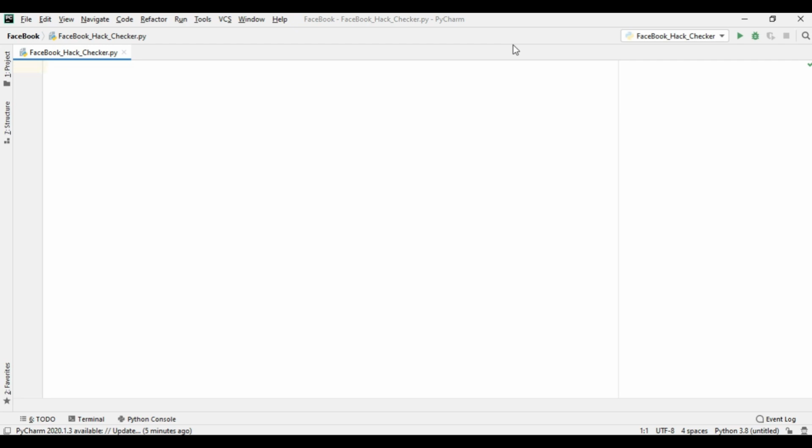Basically the program will look like a GUI, where I am going to write it. The program tells the user how secure their Facebook is, because we all know there are various types of exe or APK or other software that claim they can show how many times your Facebook can be hacked.